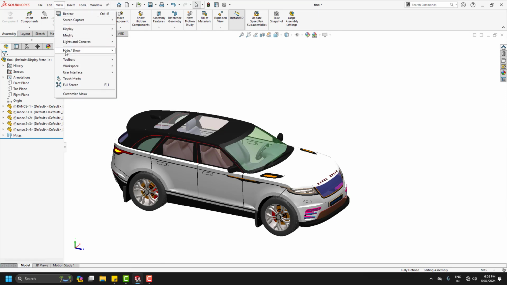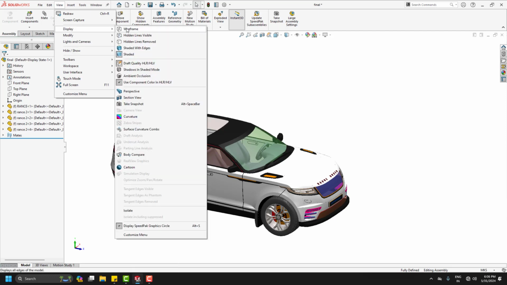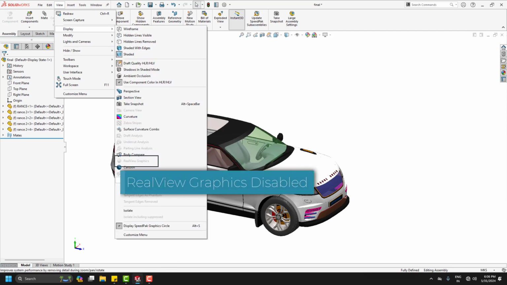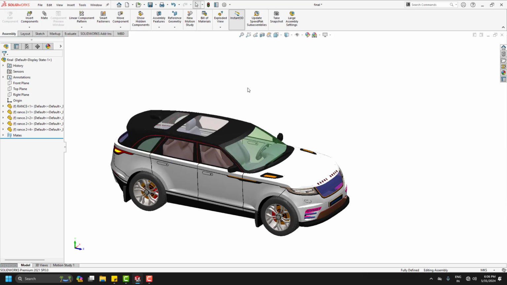If we go to views, in the display, there is no real-view graphics. To turn it on,